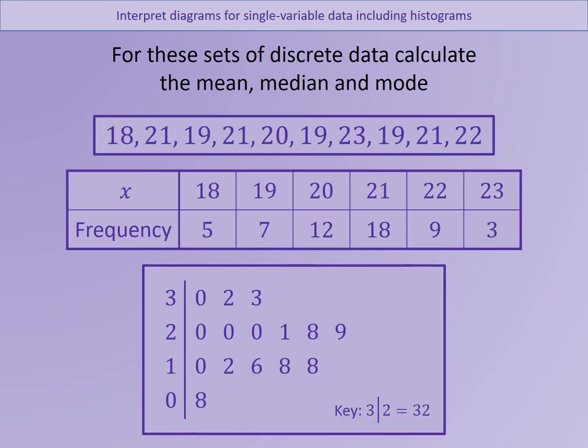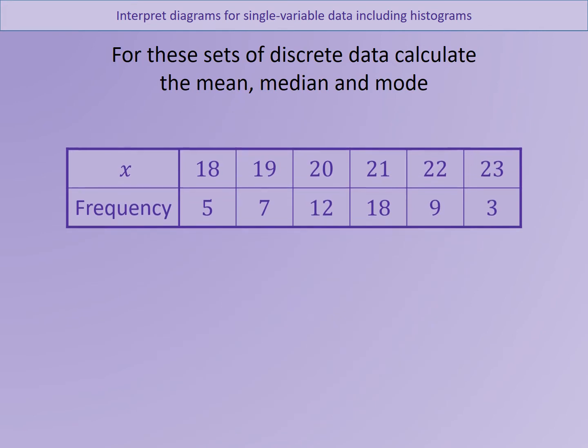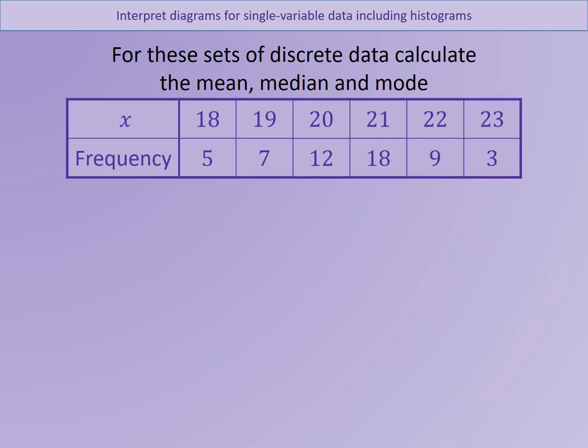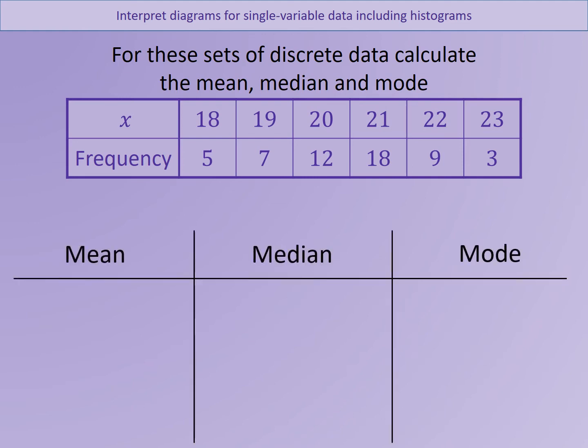So let's take a look at different sets of data, and here we have a table of data for us to work out the average. So taking a look at this table of data and working out the mean, the median and the mode. For the mean, we have a different formula when we're looking at grouped data or data in a table. So x bar here is the sum of f x divided by the sum of f, and that means